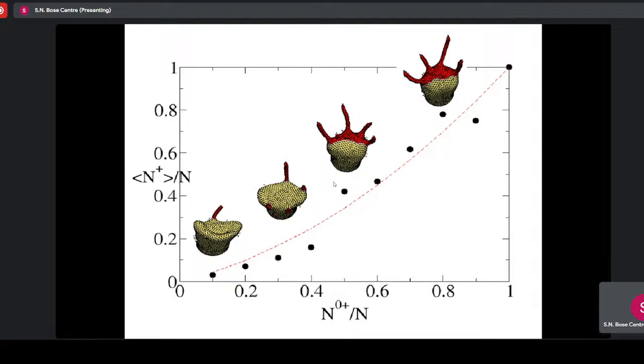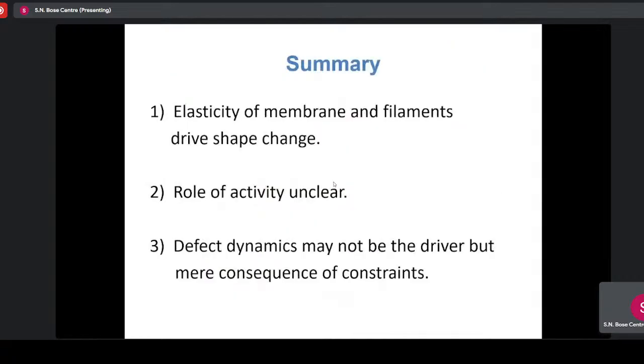But very often the energy has a role, and then you have the role of some non-equilibrium forcing term or activity or whatever. So you will see some signature of the underlying energetics also, although that does not completely settle the system because it's a non-equilibrium system. So that's the conclusion I come to. The elasticity, the energetics of the rods and the membranes, they have a large say in how the system will finally look. The role of activity is somewhat unclear, although we have done a non-equilibrium simulation in this case.